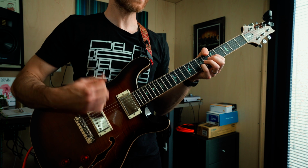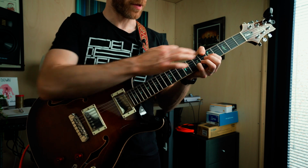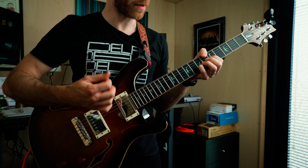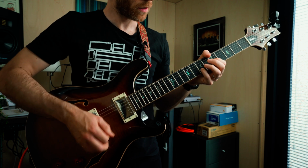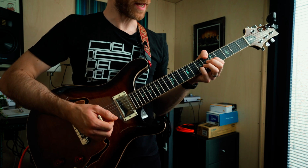Listening back to it, I can't really hear those low strings ringing out. It sounds a lot more percussive, so you can focus on those higher strings by, as I say, muting with your thumb there. So let me play that slowly and we'll go through the strum pattern. So once we play a few notes up on that shape,